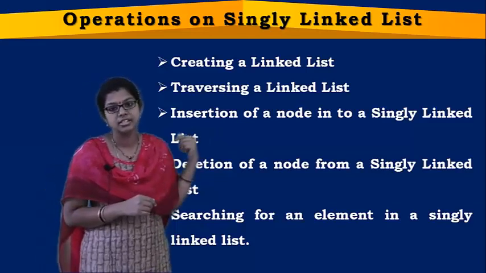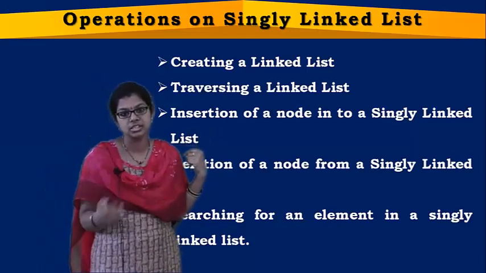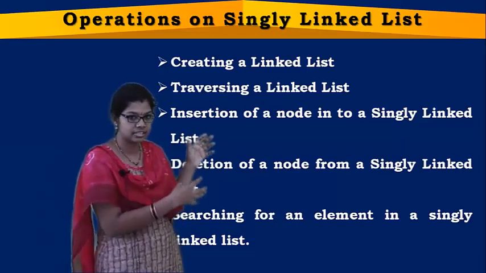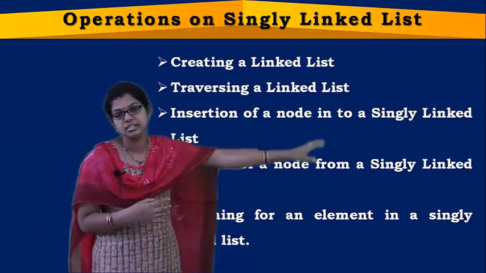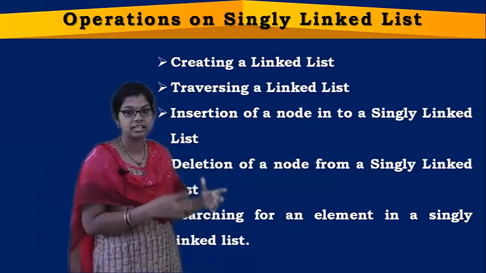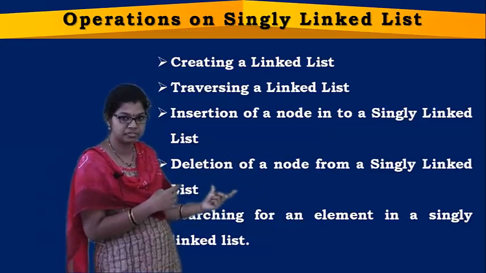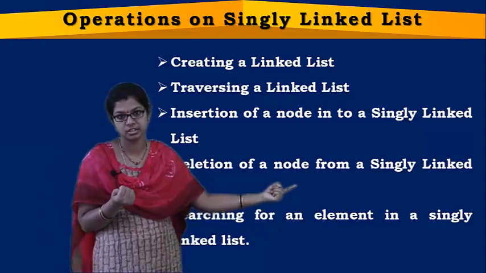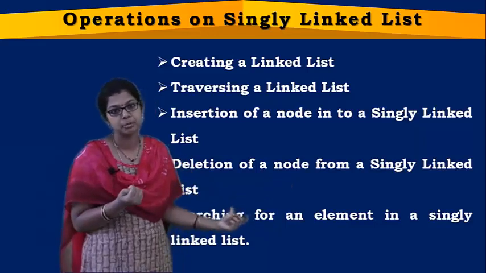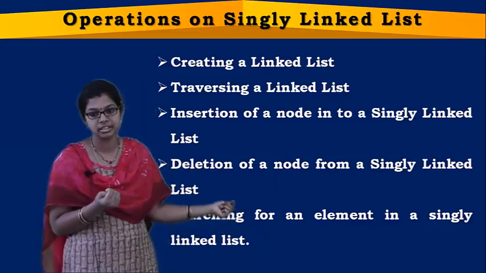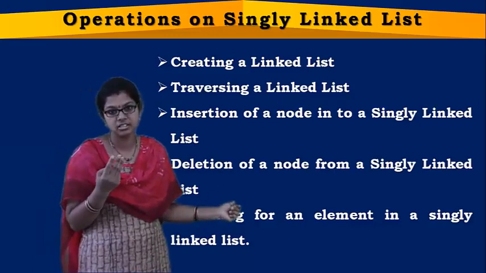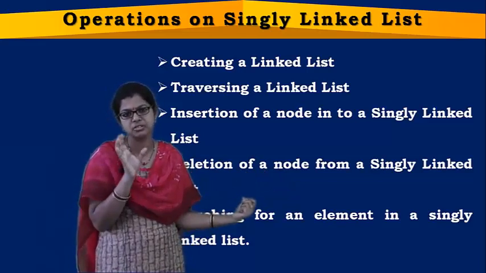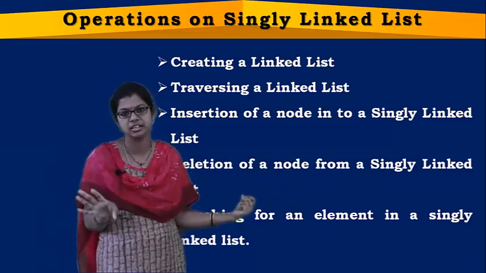Next, inserting a node into a singly linked list. Insertion can be done in four ways: inserting at the beginning, the first node; inserting at the end, insert last; and inserting intermediately, like insert before a particular node or insert after a particular node. So we have four ways to insert a node into a singly linked list. Coming to deleting a node from a singly linked list, again we have three ways: deleting the first node, deleting the last node, and deleting one intermediate node, one specific node. You will mention its data part, and that node should get deleted.